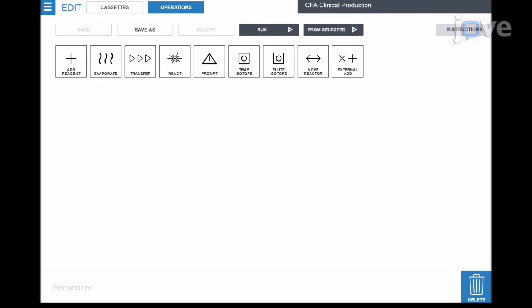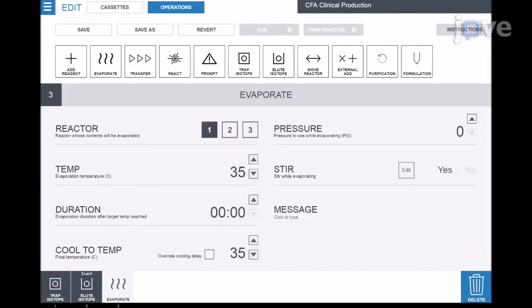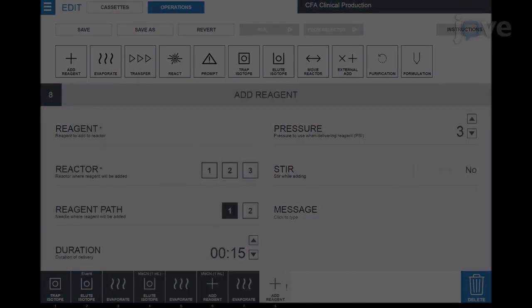For fluoride evaporation in Unit Operation 3, drag the evaporation operation to the film strip view and enter the reactor used, temperature, duration, and desired pressure of nitrogen stream. For precursor